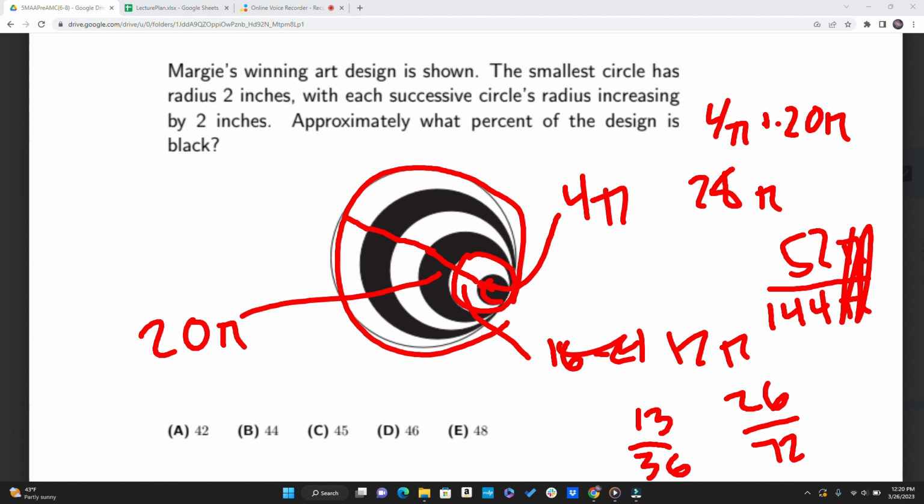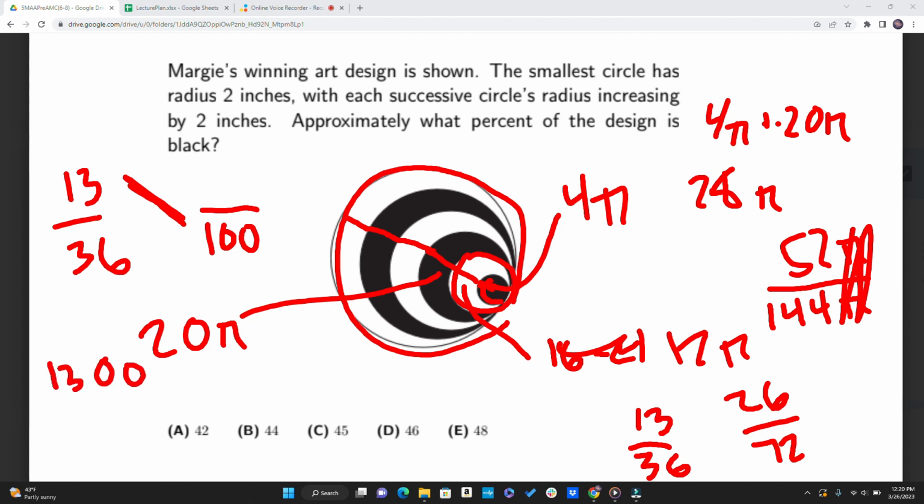Okay, so what is that as a percent? 13 over 36. Well, we want 13 over 36 as a percent. We can cross multiply, right? We can do 13 times 100. That's 13 with 2 zeros. And then divide that by 36. Divided by 36, we get 4. 36 times 4,